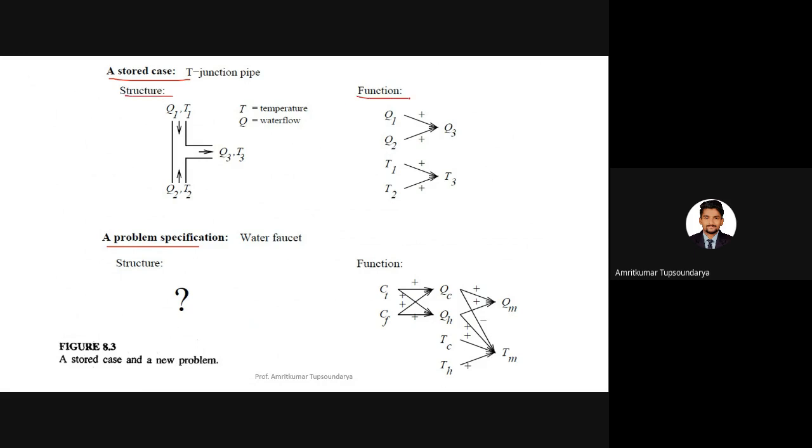And we have the function associated with respect to the stored case, right? And then we have a problem specification that is a water faucet, for which we have the function. That is nothing but our desired function, and we need to define the structure. What is the structure for? So this top half of this figure describes a typical design in the case library of CADET, right? By CADET, I mean the system which employs case-based reasoning,